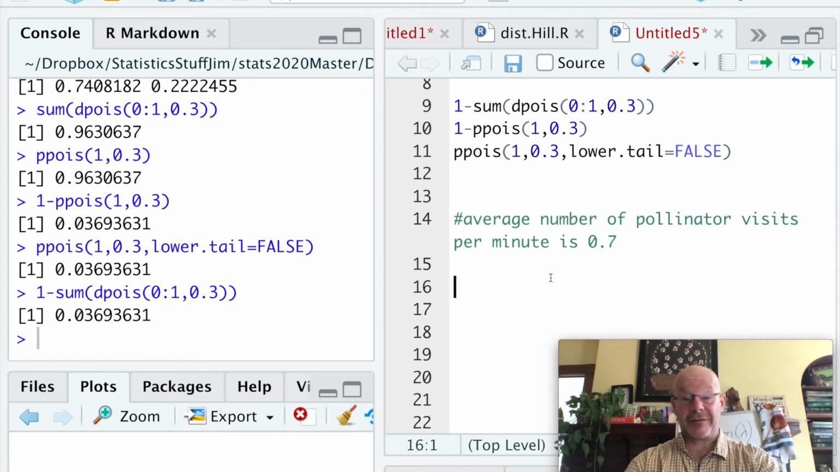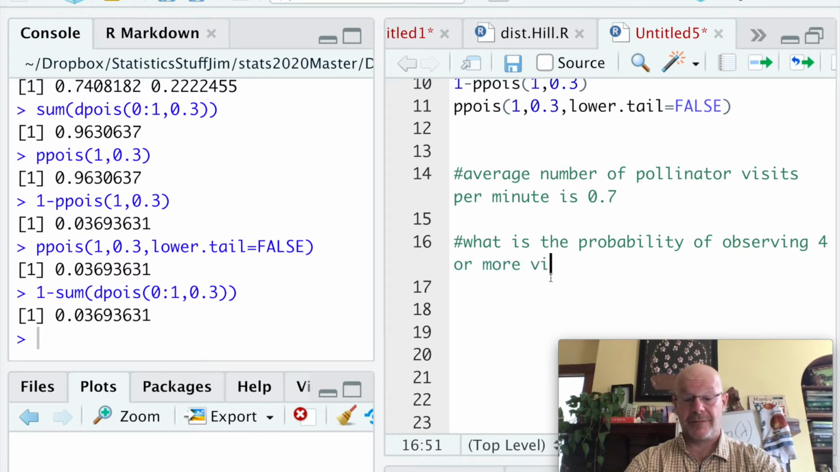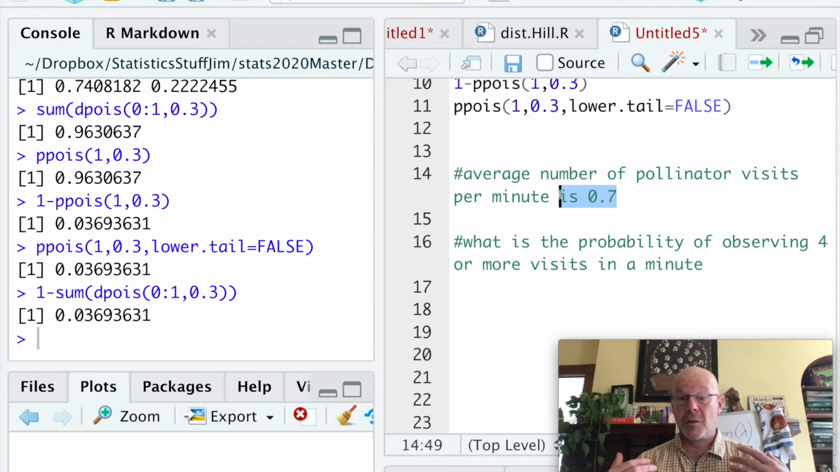And so I could ask, for example, what is the probability of observing 4 or more visits in a minute? So based upon our data, and based upon the type of data, we're counting the number of pollinators. There's not a fixed number, there's not a maximum, so we know that the binomial probably isn't appropriate. And we've calculated this parameter lambda, and we've chosen to model it as a Poisson distribution. So if I want to know what is the probability of observing 4 or more visits in a minute, I could either take,